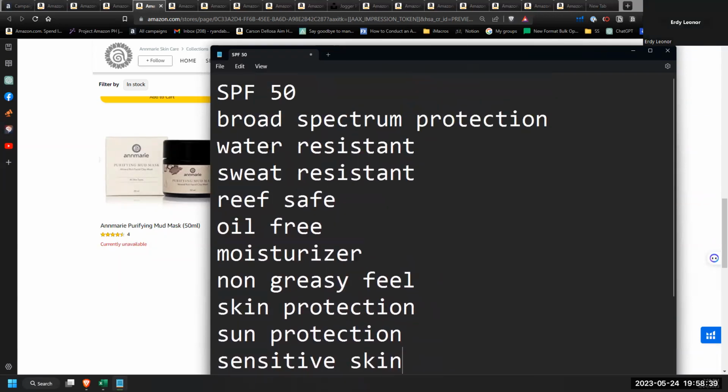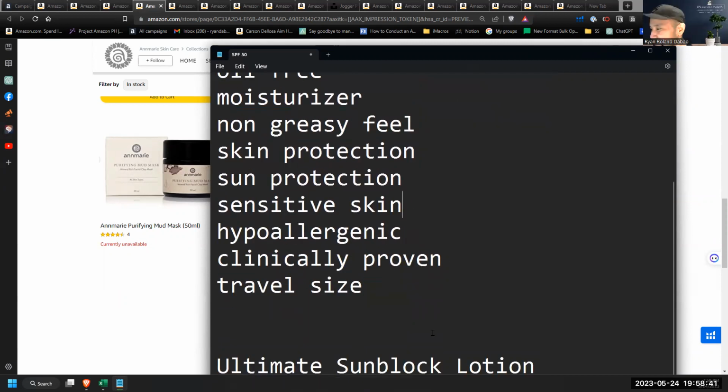Yes po. Water resistant, sweat resistant sunblock. That could be a great keyword. Travel size sunblock. That is a good keyword. People do travel. Look for sunblock na travel size yung container. Hypoallergenic sunblock. People are using those terms to find